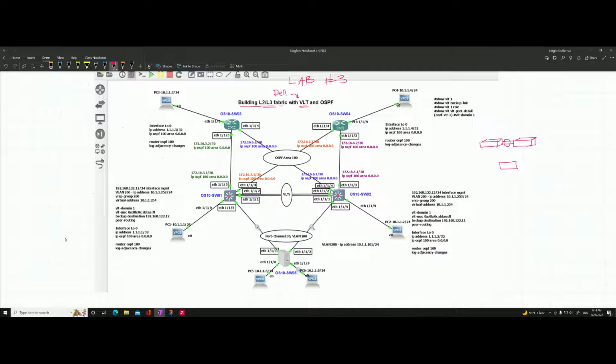So let's say that you have, for example, in this particular scenario, you have VLT spine 1, and then you have the VLT spine 2. Once you create the VLT domain, these two switches are going to look like a single switch. For downstream devices, it can be a directly connected server, or, for example, let's move on to this